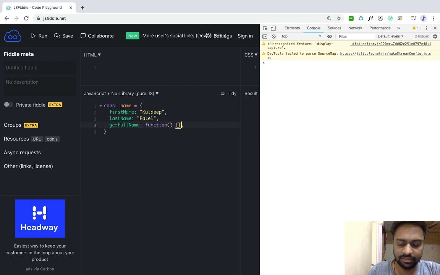In JavaScript, there is a keyword this which every function has.